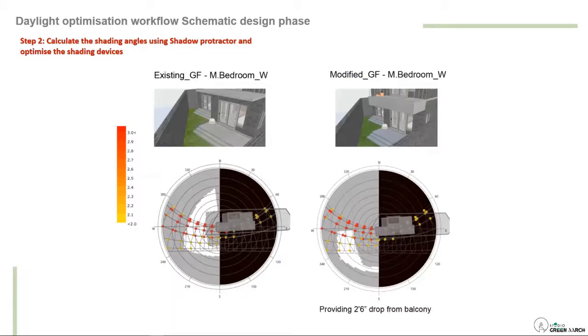For example, in this project, on the left hand side, you can see the balcony doesn't have a vertical projection. In the protector, you can see that from 1 p.m. to 3 p.m. we are having direct sunlight into the building. But when I project this vertically for 1 foot or 2 feet, I can easily cut this down. So before going into the detailed simulation of daylighting, I'm optimizing my building with small concepts. That is a basic fundamental of designing.